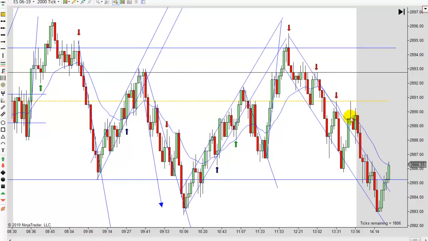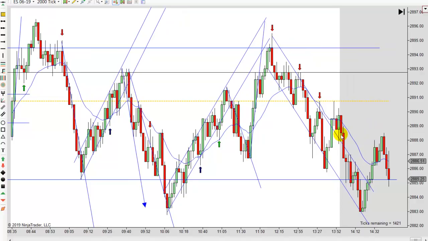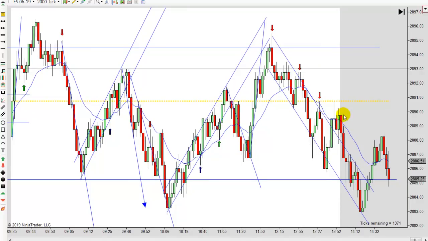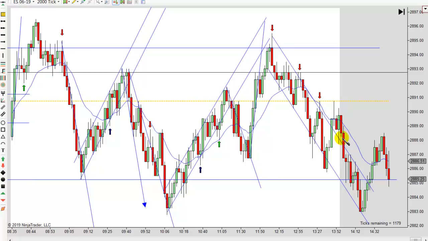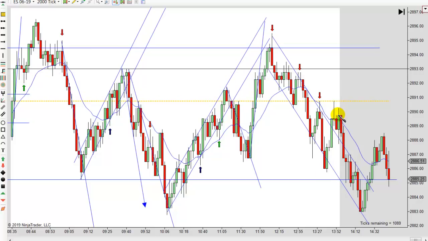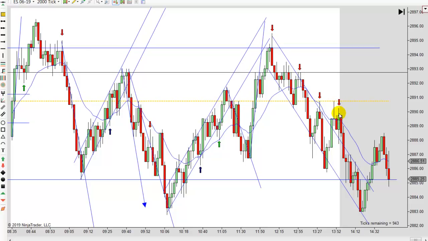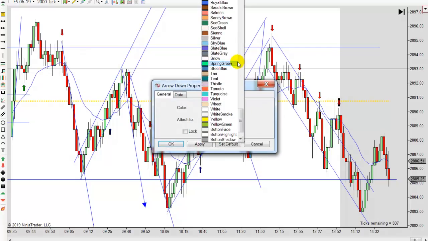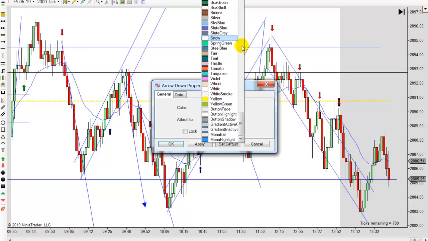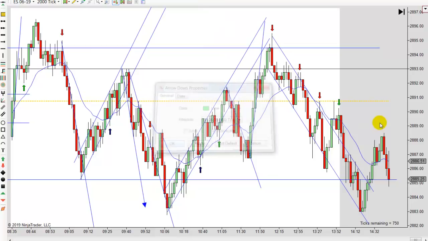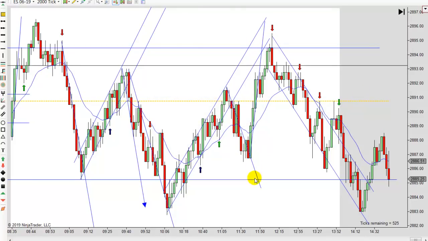Comes back. You actually get a second entry short right here. But again, this is really your signal bar. And so I'm not crazy about that one. It's just after 2 o'clock too, but sometimes if you get a little setup right there, that's a possibility. You could enter right there since we're not down to the lows yet, and it is a second entry short. But again, your stop would have to go above this bar right here. So I'll give that one a green. I wouldn't waste my time with it, but if your chart looks a little better and you got a good signal bar right here, then you might take it.